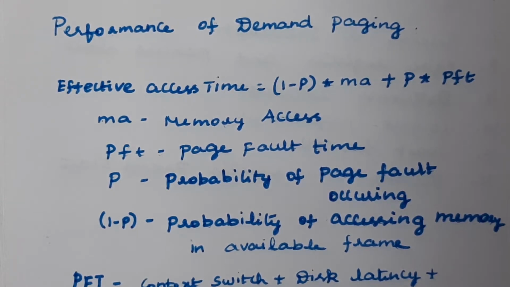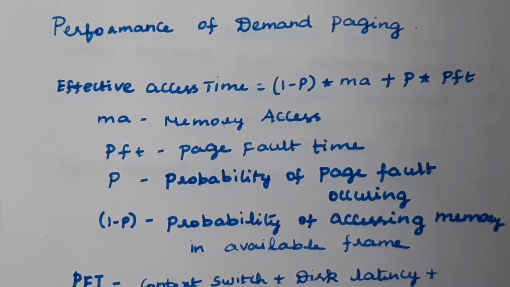If you are executing a process, what does it mean? It may lead to many pages, so you need to execute more pages. In some cases, a few pages that belong to the same process will not be available in main memory because of the limited capacity of main memory. It can hold only a few pages, so the remaining pages are maintained in the secondary device, or disk. Whenever you need to execute a page which is not available in main memory, that is said to be a page fault.